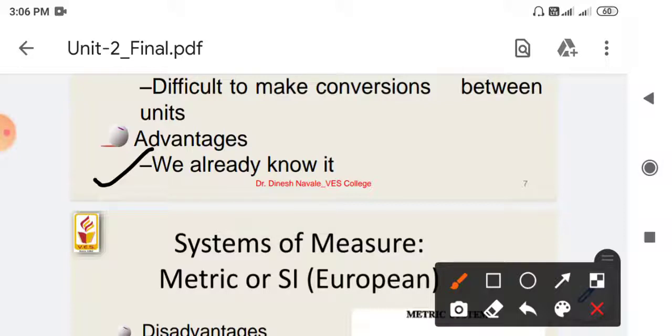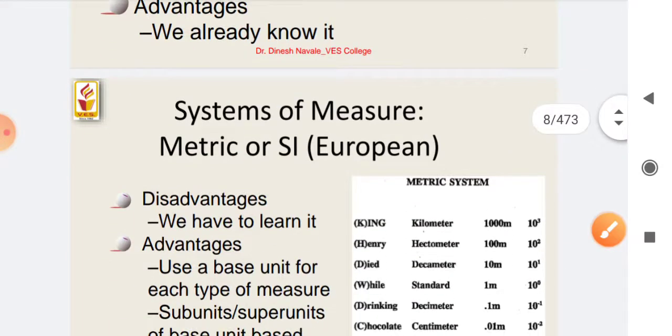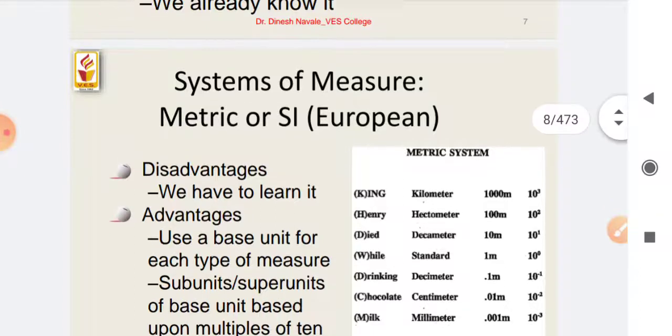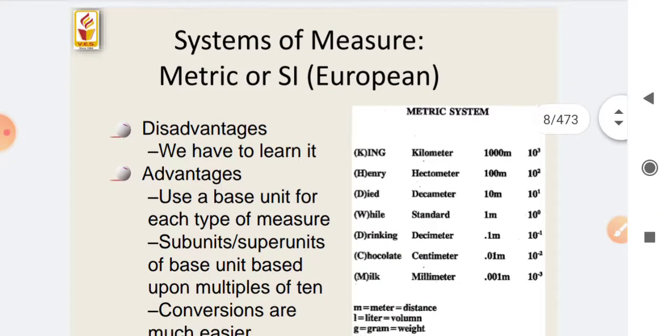Okay, so basically these systems are in our general life; we are generally using these systems. Okay, means in day to day life we are measuring the distance in miles or inches. So generally we use these variables. So these systems are quite known to us, but if we measure for scientific purposes, then we will come across a lot of confusion. So in order to remove that confusion, we tend to use the SI system of units.